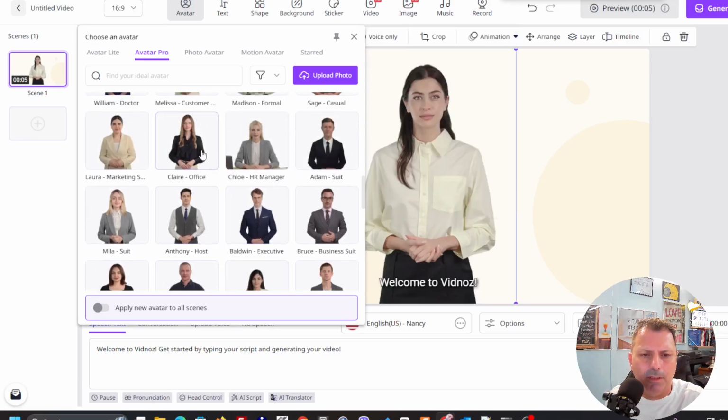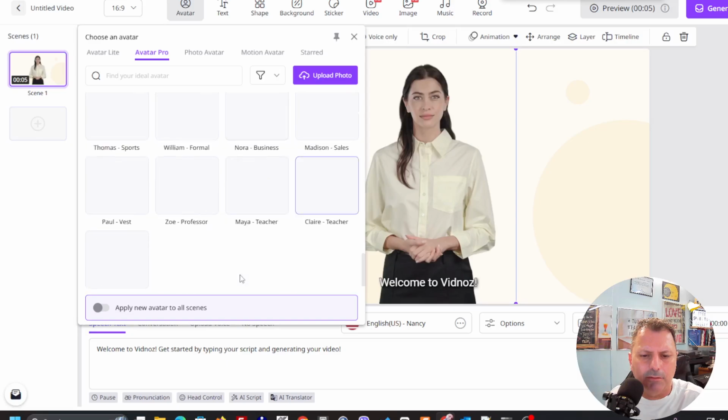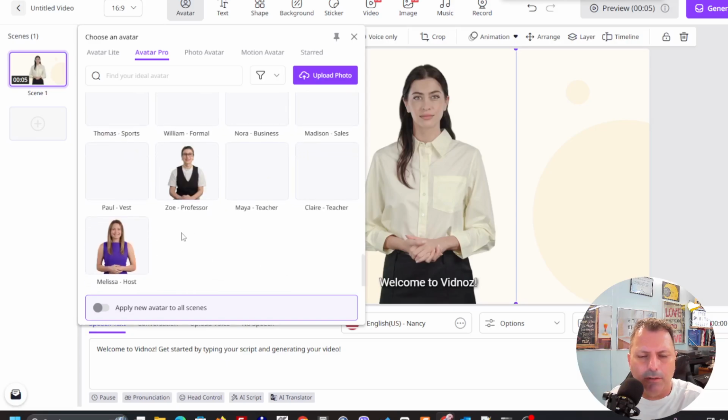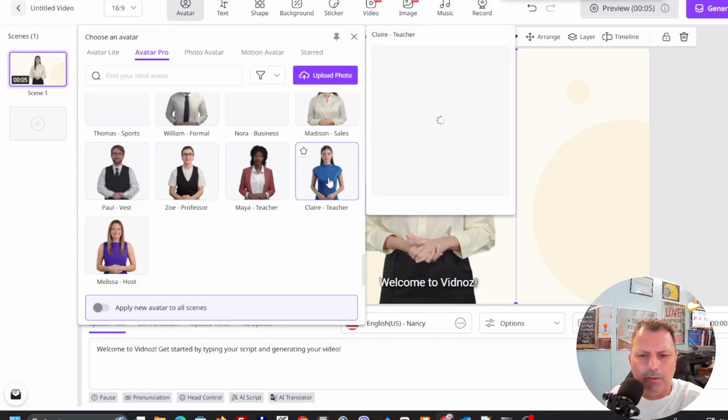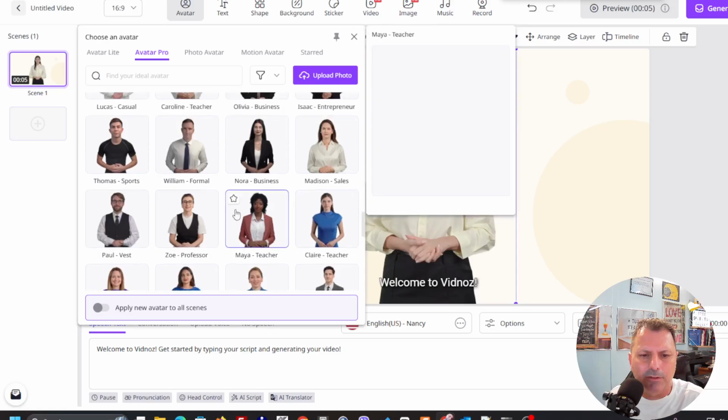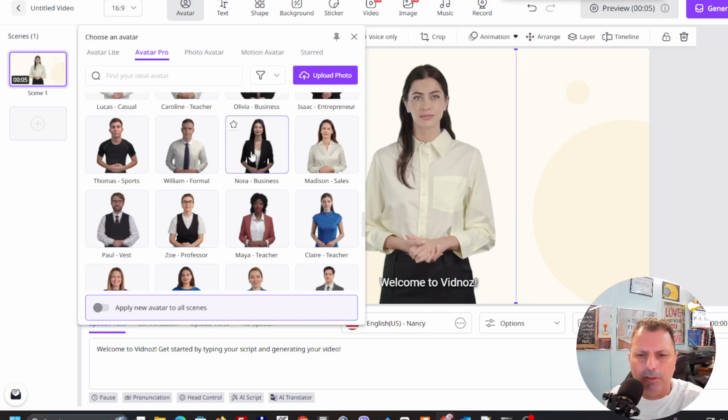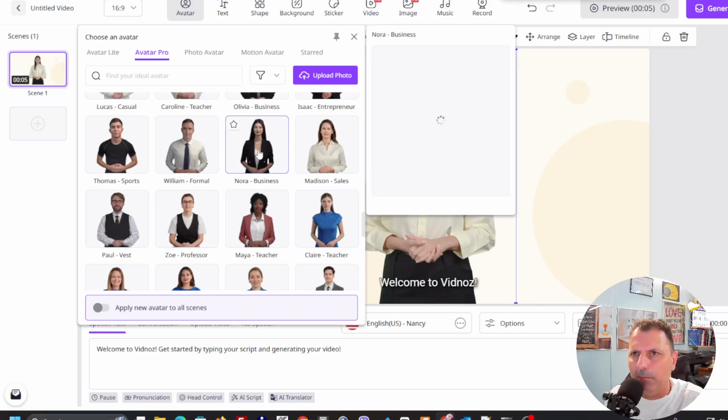Okay, I'm not gonna delay a lot. I'm gonna just grab one of those new avatars, because all the time you're gonna see that new avatars are being added to the platform, and we got a great variety. If you leave the mouse over the avatar, you're gonna listen to the avatar talking and see how exactly it is working